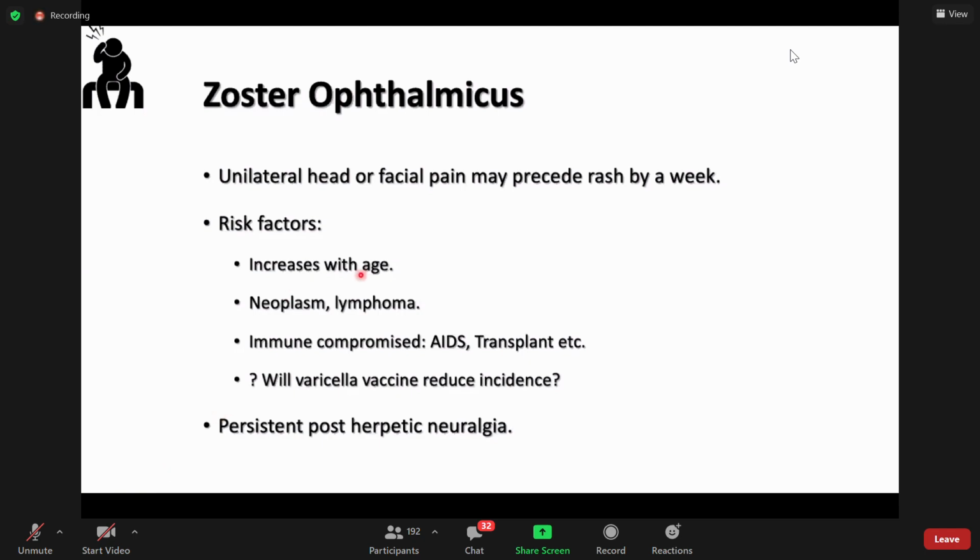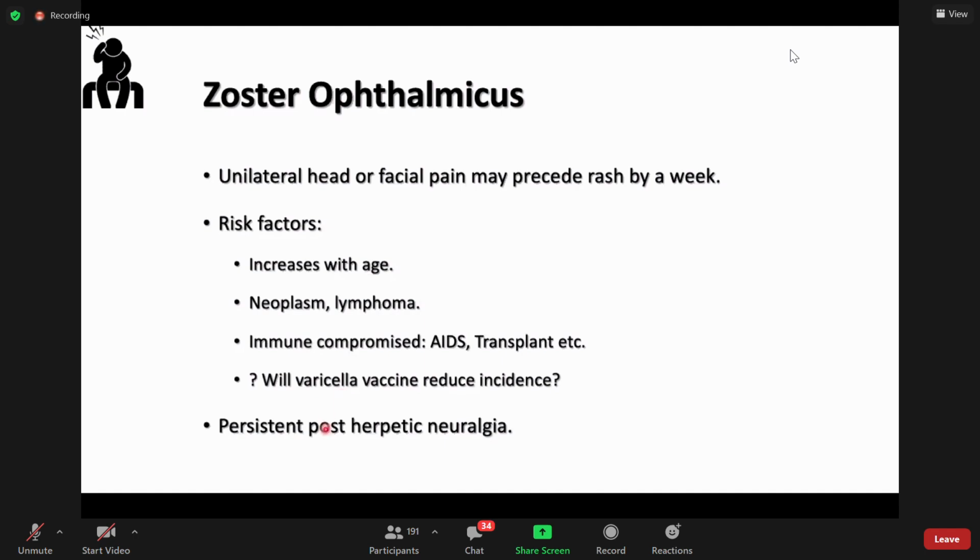The zoster increases with age. As people age, they will lose their immunity to the varicella, immunity that they have gained by infection in childhood or vaccination. Or they may have neoplasm or lymphoma that will reduce their immunity, or they are immune compromised by AIDS, or they are transplant recipients that are taking medication to reduce their immunity. And maybe with varicella vaccine being given to older individuals will reduce the